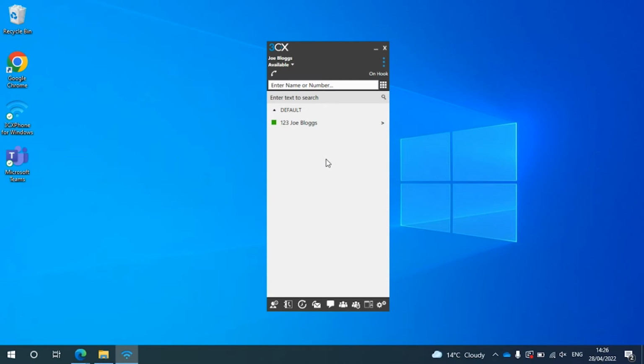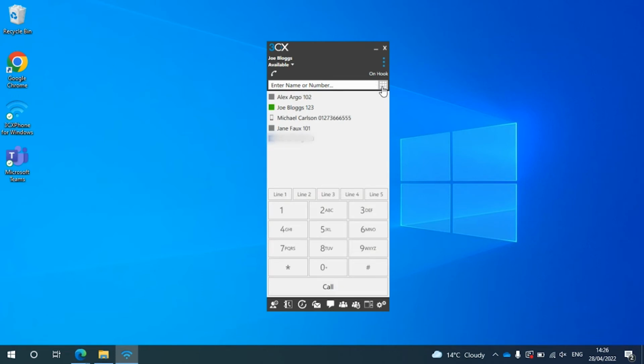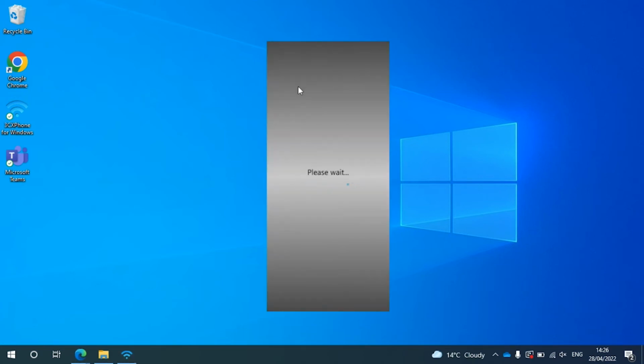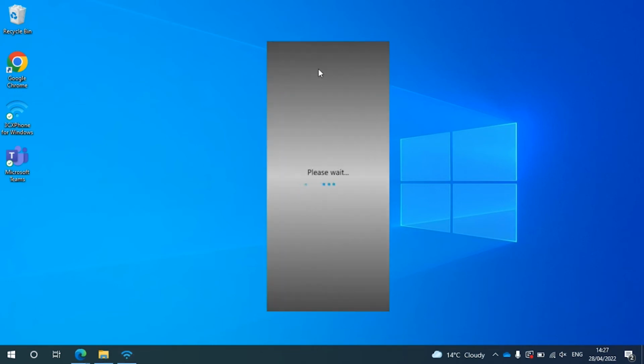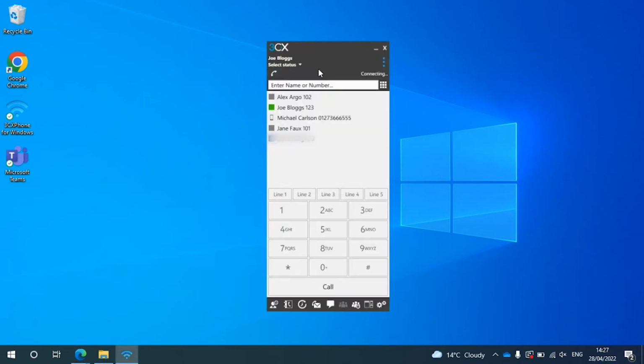Check the top corner of the app and make sure you are in softphone mode. If your software is connected to a desk phone, you can toggle between desk and softphone modes from here. If you are using 3CX in conjunction with a physical handset, you should select desk phone. If you are only using 3CX as an application on your computer, you should select softphone. If you do not have a desk phone connected, you will only see the icon for softphone and do not